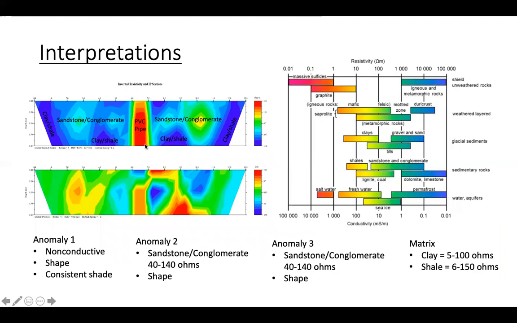So because of those reasons, I interpreted this as being a PVC pipe, just because it also goes straight into the ground, so that would make sense for drainage purposes. And then for the second and the third anomaly on the side, they gave off similar readings in my results, so I concluded them as being the same substance,